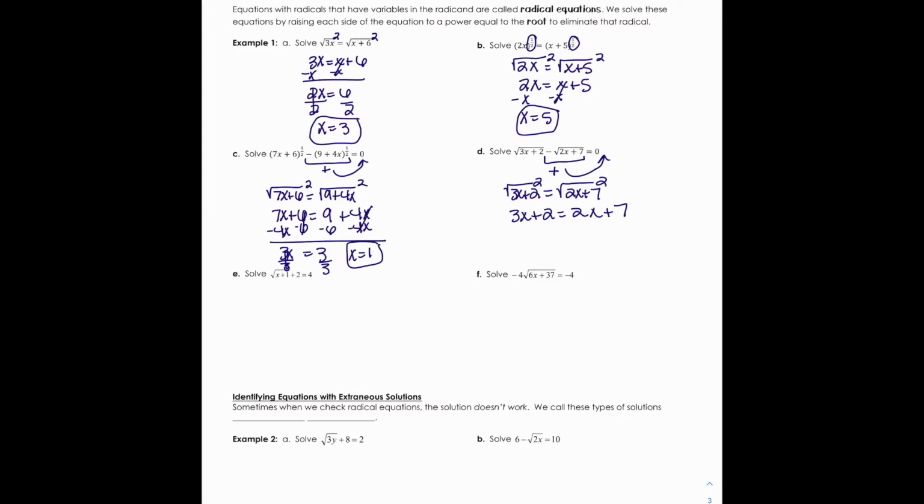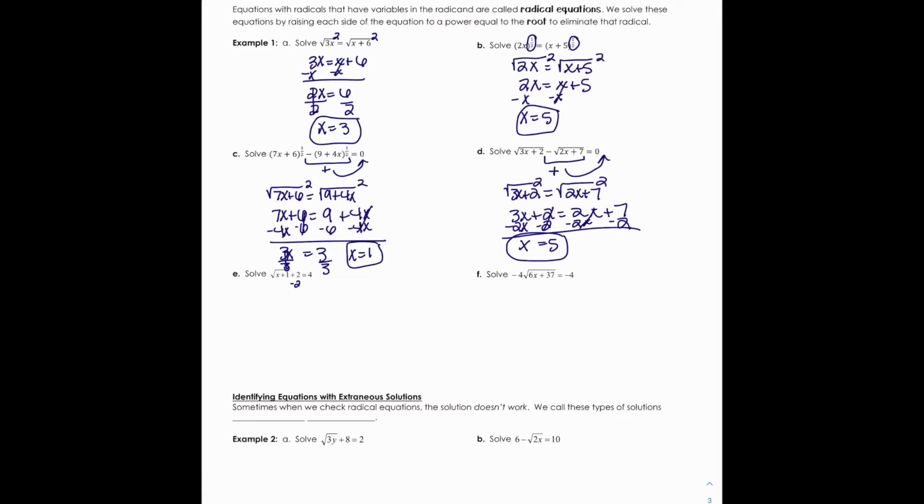And now we just solve for x. So I'm going to subtract 2x, which gives me x. I'm going to subtract the 2, and it gives me x equals 5. For E,